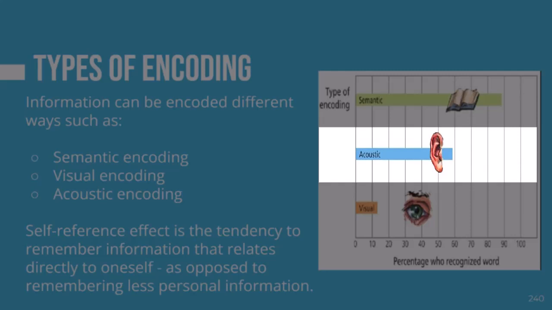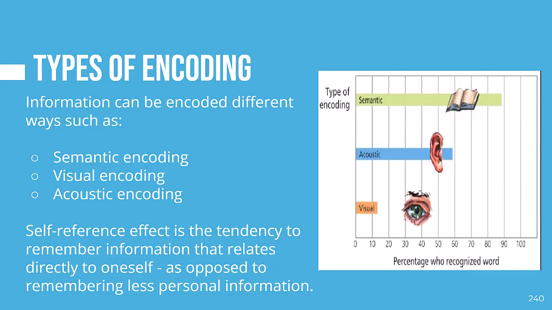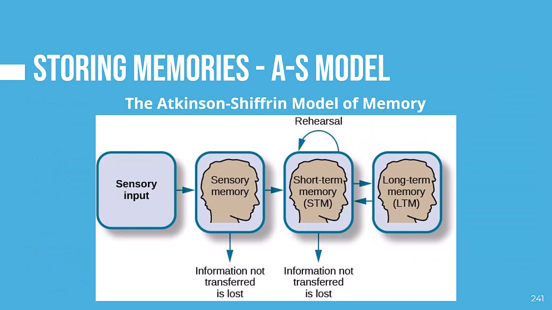The sensory input from the music encoded it in your brain and organized it with an area that knows the words to the sound. When your brain goes to retrieve the language associated with the sound, it's much easier to do. One thing that actually increases encoding is the self-reference effect. The self-reference effect is the tendency to remember information that directly relates to you, as opposed to remembering less personal information. So you've paid attention, your brain has encoded the relevant information.